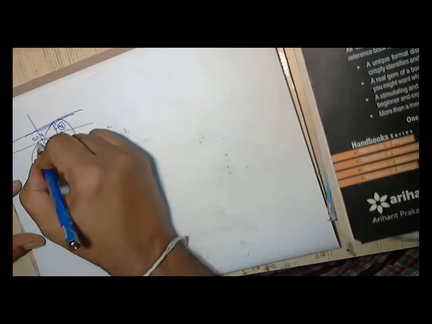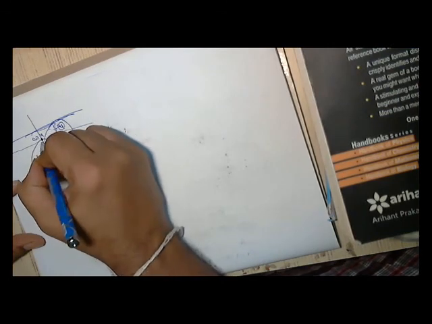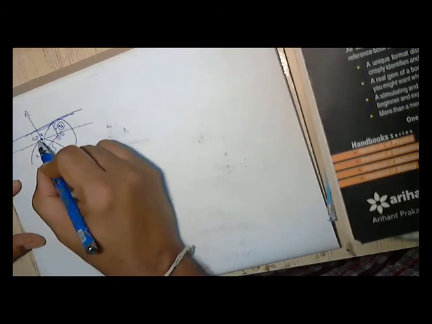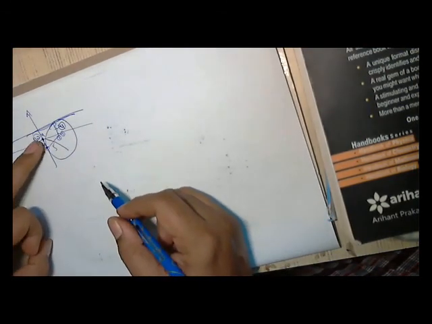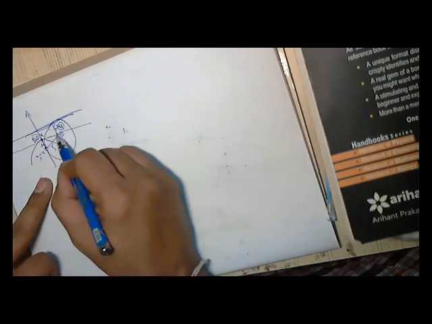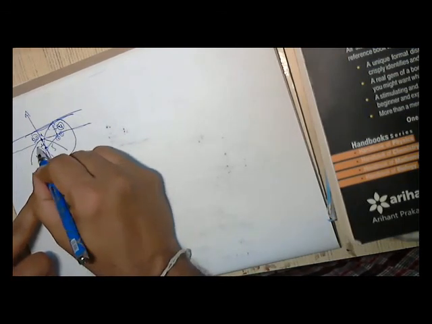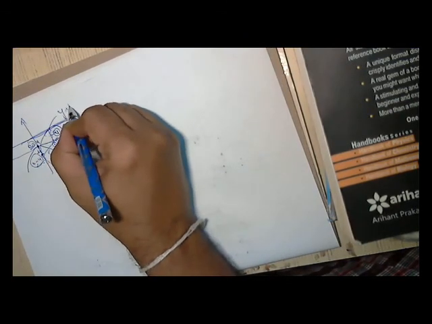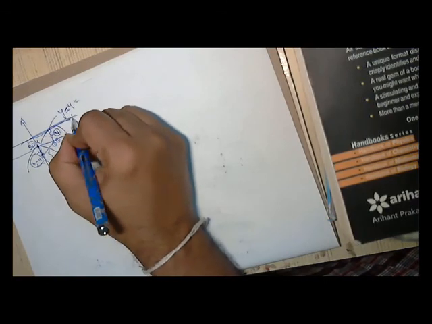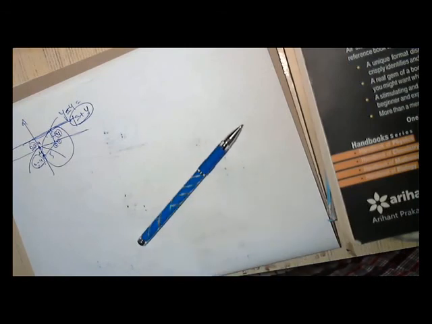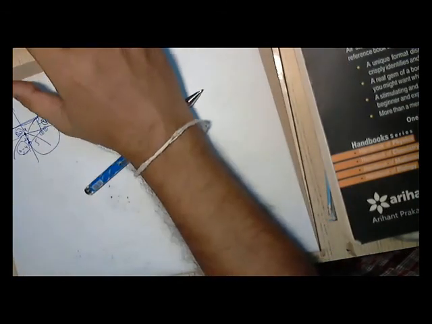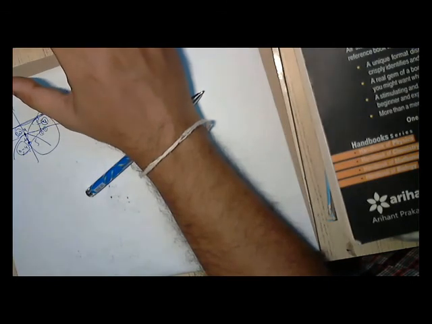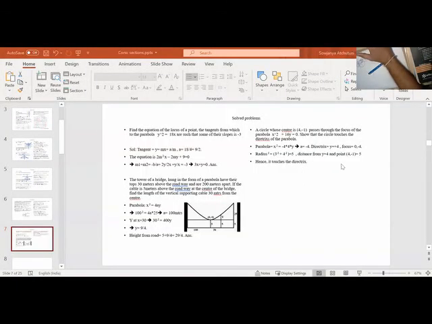So this is the focus. A is 4. So this is the y-axis. The vertex is at 0, 0. It is down. The focus is 0, minus 4. So the equation of the directrix is y is equal to plus 4. So this minus 1 plus the directrix is plus 4, minus 1 is equal to 5. So it is just touching the directrix.